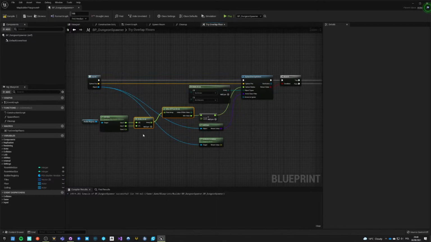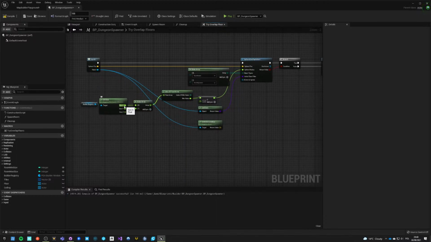Yeah, let's go the easy route first. Okay, so I will always take x. So this is the size, which means that I need to get half of it. So this divide by 2,